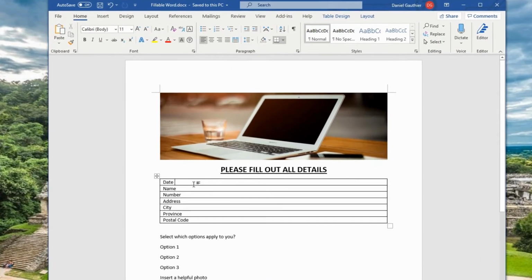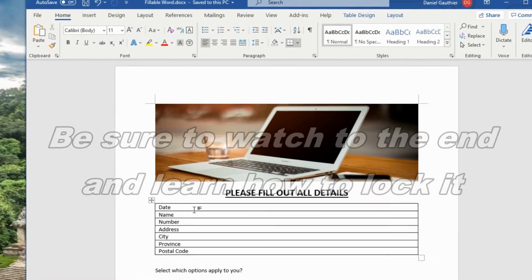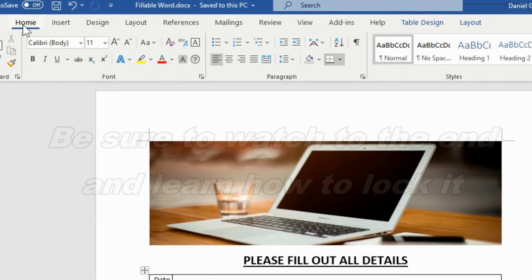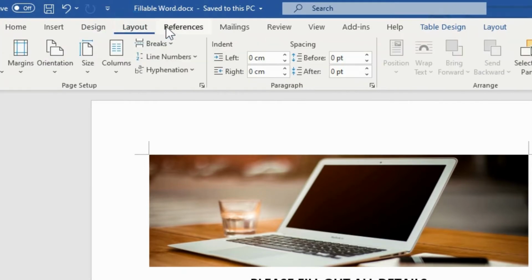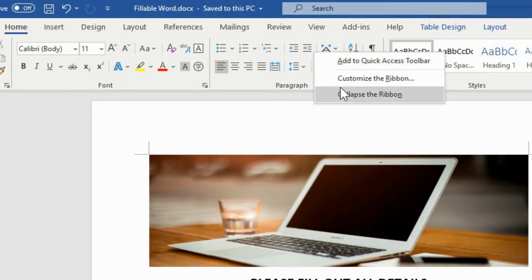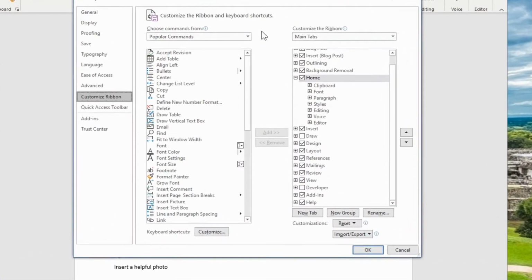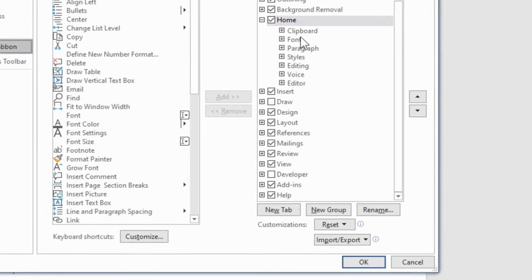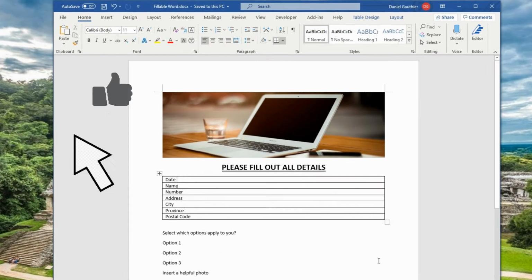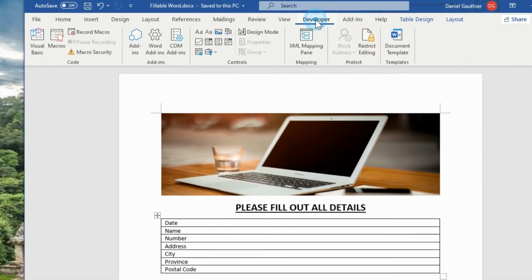So the first thing is we need to display the fields that are hidden, and it's under a tab that doesn't exist here right now. You'll see at the top we've got a bunch of different tabs, and as you click on each one you get different stuff. It doesn't matter where you're at, you can right click anywhere in here and you'll get this little quick menu, and the second option here is to customize the ribbon. When you go in there, we want to look on the right side, and you'll see one of the things down here is developer, and that's not checked off. We want to click on developer and hit OK, and now we have a developer tab that appears.